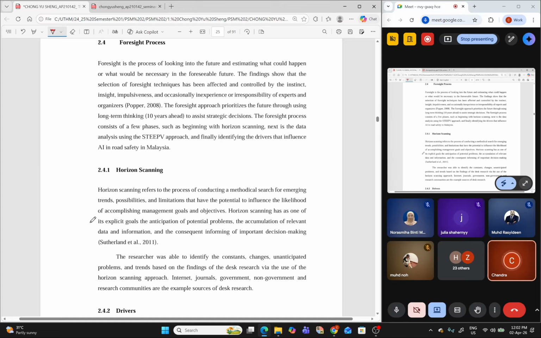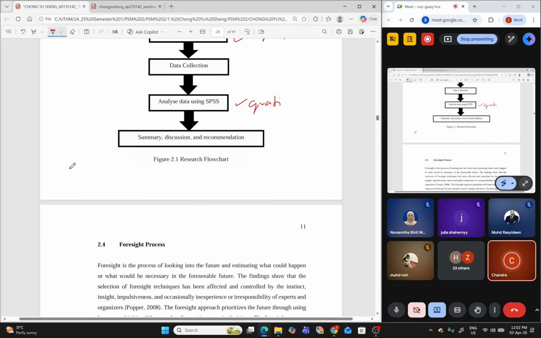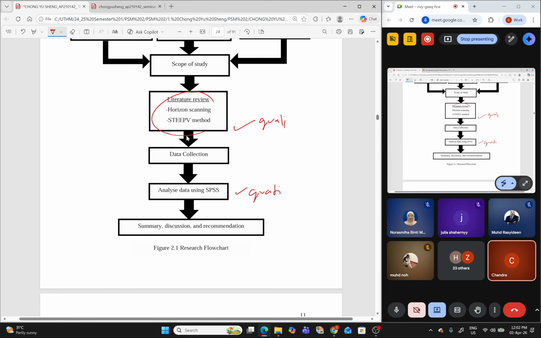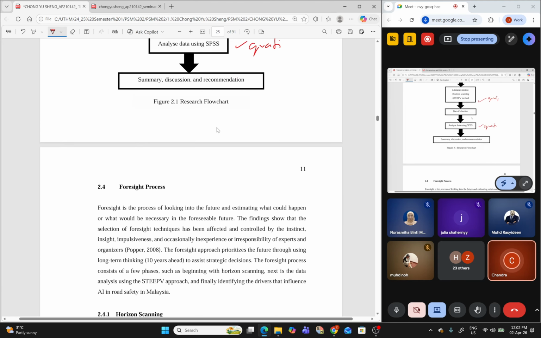So first thing what you will do in the foresight process, as I mentioned earlier, in the first foresight process, you do horizon scanning, and after that STP method. What is horizon scanning?